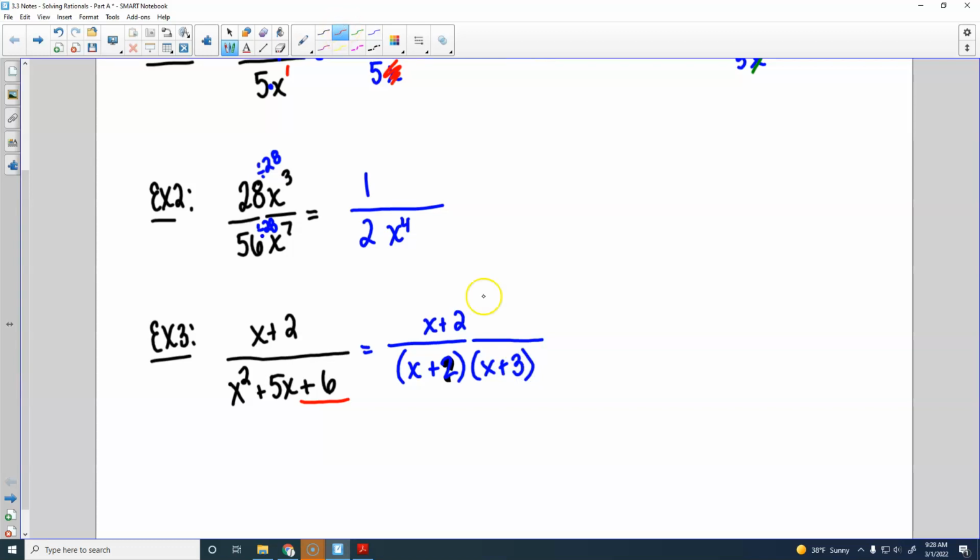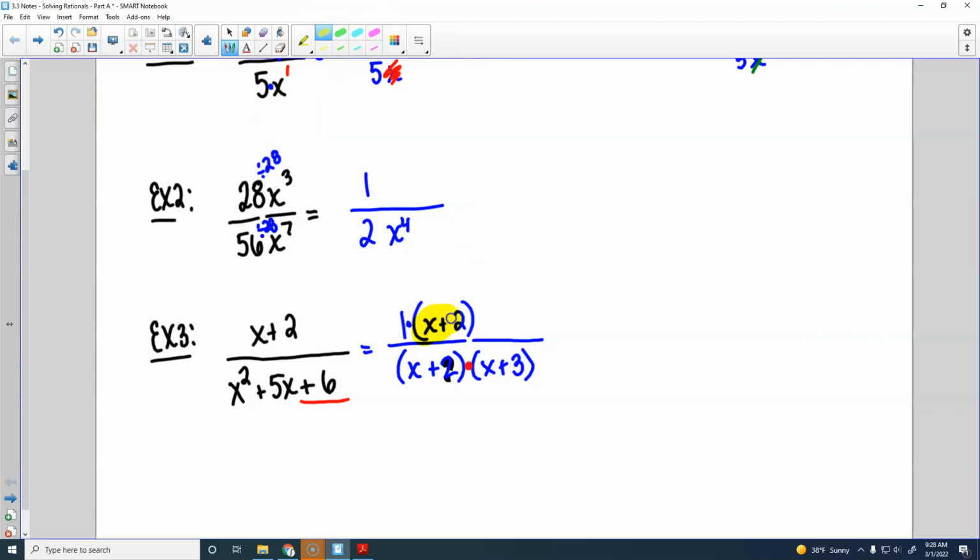So notice what I've got here. I've got multiplication between these two. I don't have multiplication up here, but could I write it like this? 1 times x plus 2. So these two things are multiplied, and these two things are multiplied, and